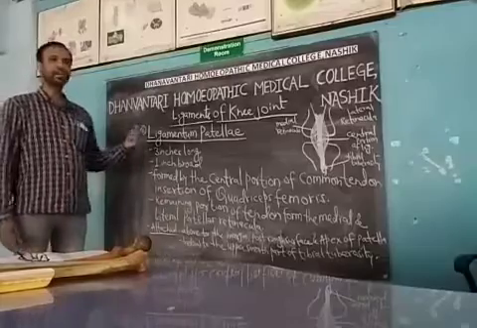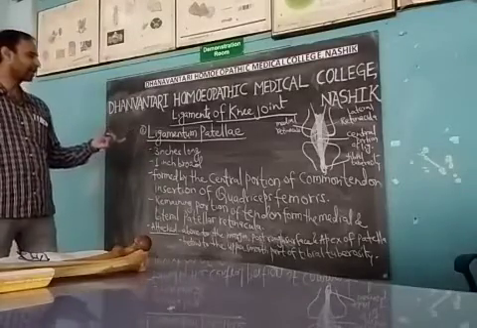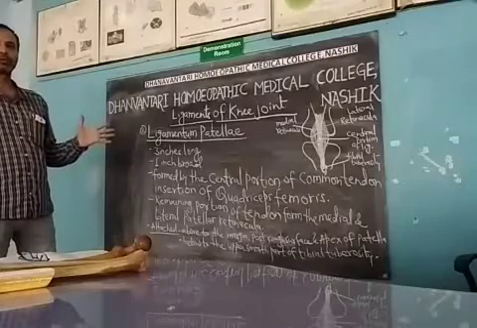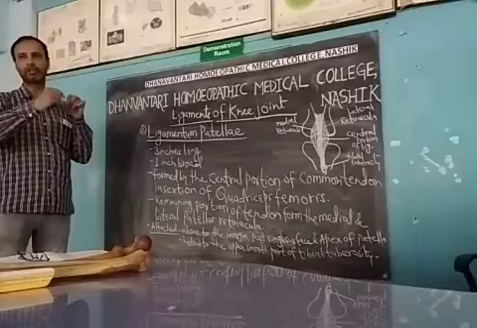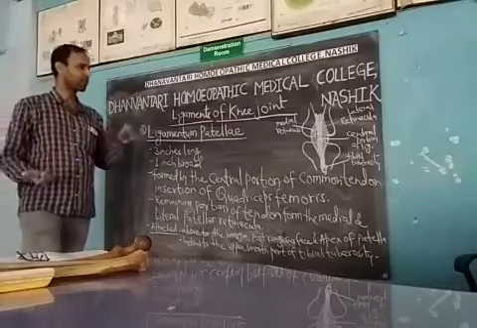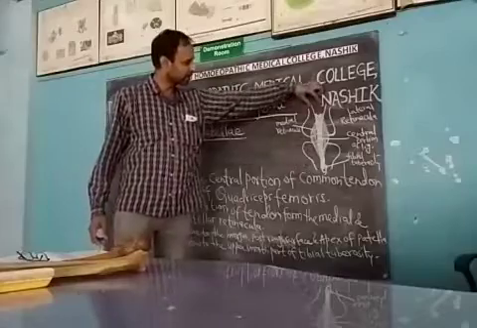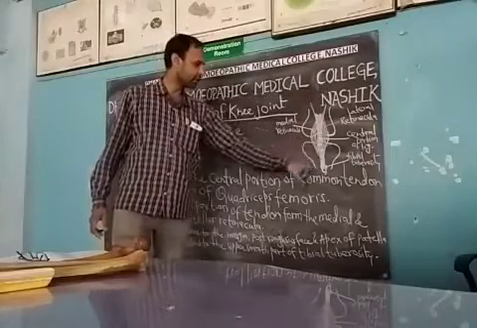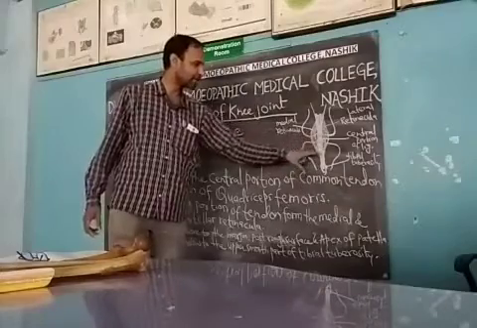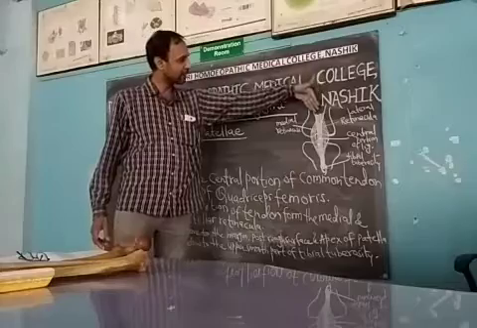Now the second ligament we will discuss in detail is the ligamentum patelli. It is formed from the quadriceps femoris. This is the inserting tendon of the quadriceps femoris. In the diagram I have shown, this is the central portion. This is the quadriceps femoris, this is the femur, this is the tibia, this is the tibial tuberosity, and here the patella is present.